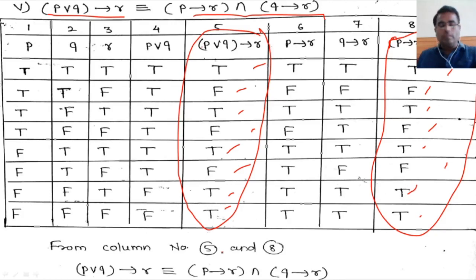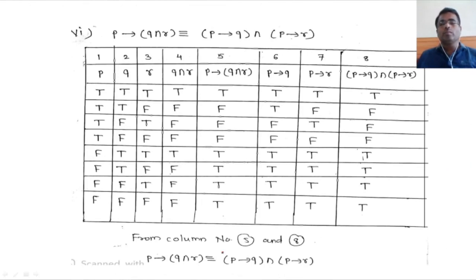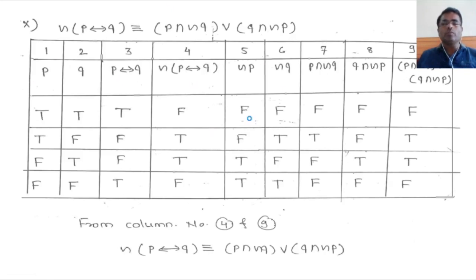Similarly you can consider the logical equivalence in the next example. This is your next example. A similar type of example is there, but with slight changes. This is P implies Q and R. You can check this by pausing the video. Now we have to consider the last example of this second question, and here we have only two statements P, Q, therefore 4 row combinations are there, and this is also a logically equivalent statement combination.